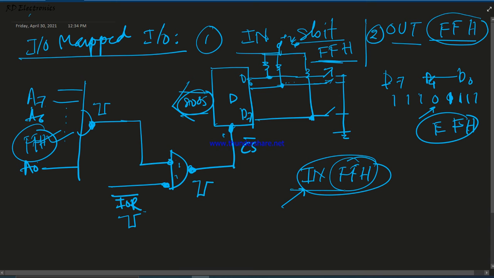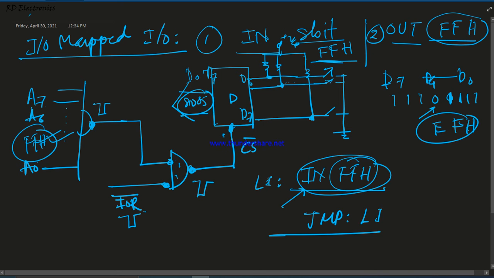So first of all we write IN FF to recognize the port, and the instruction is executed for the IO mapped IO technique. Second, when the IN instruction is executed, the data from port address FF comes through the data bus and is stored in the accumulator, and here we write JMP again, because this is a loop used in the programming.